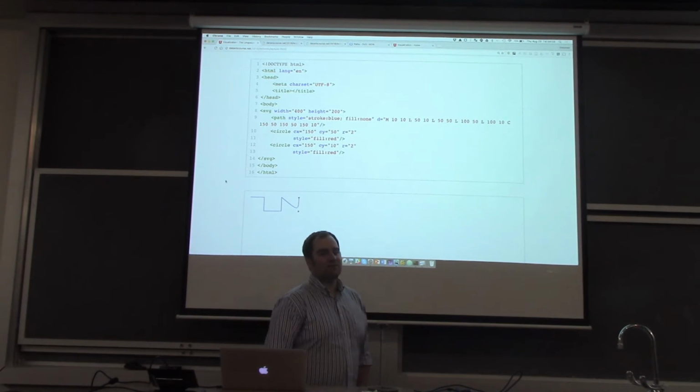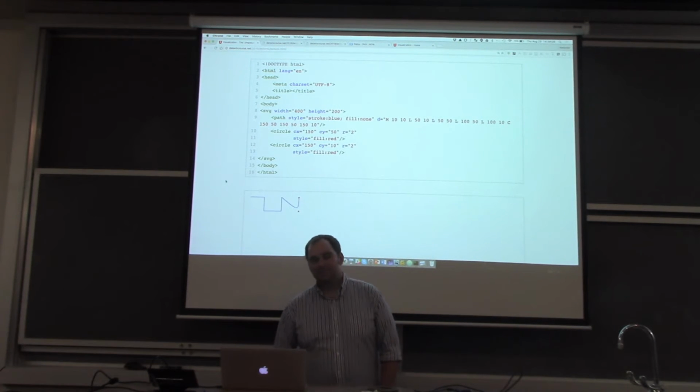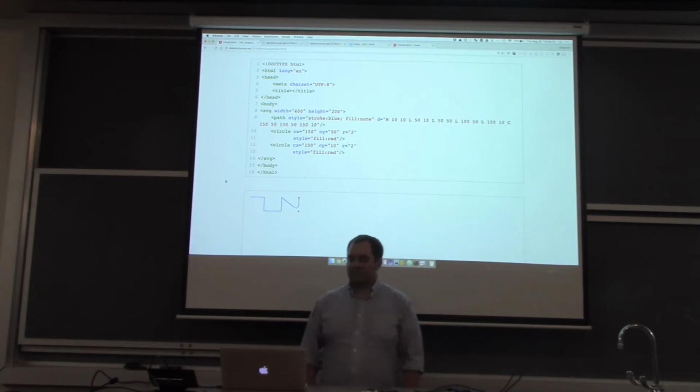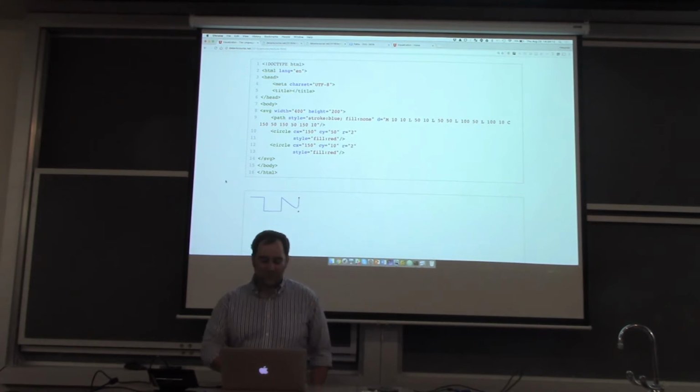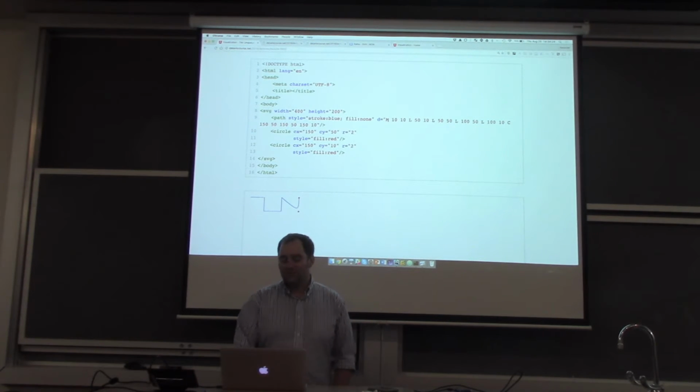But for more complex stuff, it uses these paths. These paths are really, really terrible to write by hand. So we will still make you do it in the homework, but only for simple paths, for no splines and so on. So how these lines, or this path, work is they have this D attribute, and then you